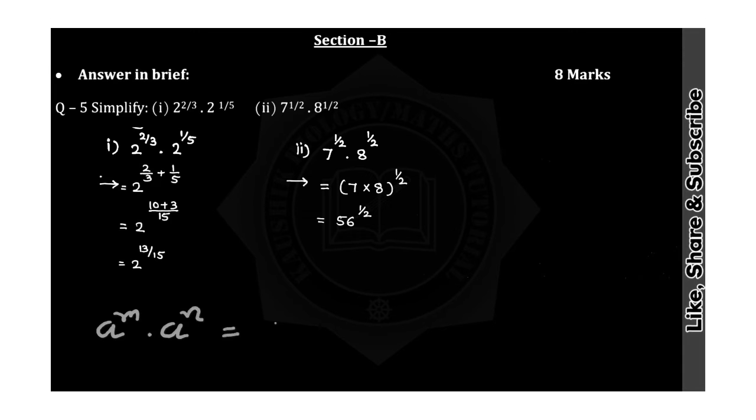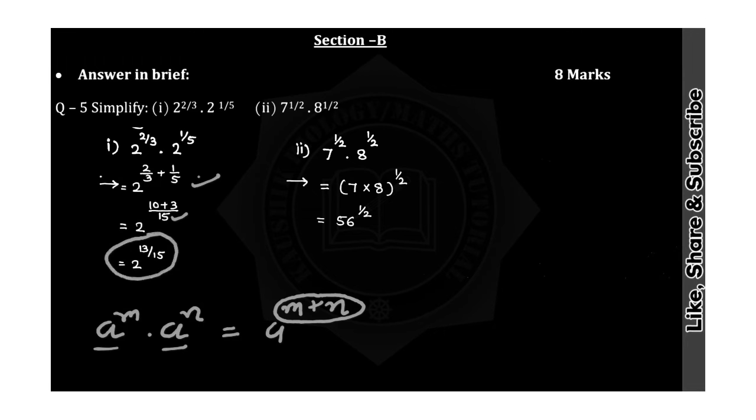So here we have to apply the formula a raised to the power m plus n. That means if your bases are the same and they are in multiplication, then we have to add the exponents. So by adding the exponents, it will be 2 by 3 plus 1 by 5. Now the LCM of 3 and 5 is 15. To obtain 15 from 3 we multiply by 5, so multiply the numerator 2 also by 5. 2 5s are 10. And for the denominator 5, to obtain 15 we have to multiply by 3, so multiply the numerator 1 by 3. 1 3 is 3, and 10 plus 3 is 13. So the answer is 2 raised to the power 13 by 15.